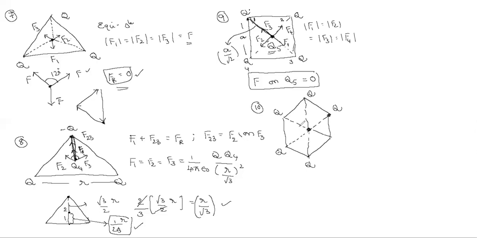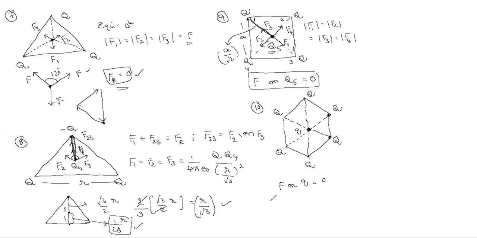Suppose this is the last charge placed at the center. But how many charges did I take here? 5. Which means one corner is vacant. You assumed 6 and said 0. Right. Suppose if I place the charge here, then the force on the small q at the center, F on small q, equals 0.